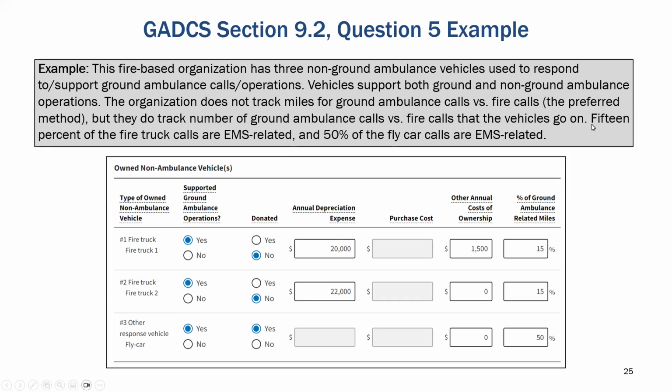And let's say that 15% of the calls that fire trucks go out on are EMS related, and 50% of the fly car calls are EMS related. So if you have this information you've tracked, your organization may well have different information. You can go down and enter this in vehicle by vehicle to get a sense for the allocation factor for fire truck 1, fire truck 2, and then an other response vehicle, which here is marked as a fly car.